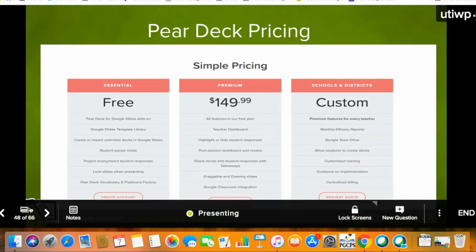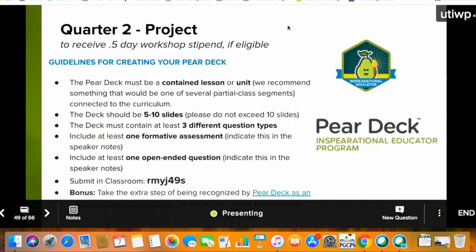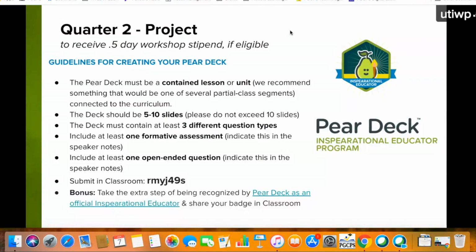One of the last things we want to talk about is that, as part of attending today, there is an option where you can get paid for the workshop, but it involves a little bit of extra work. We attended our webinar for an hour, but in order to get that half-day workshop, we will ask you to create a Pear Deck lesson, using whatever content you usually teach. Take a presentation, even one you already have, and add at least 3 different interactive question types from Pear Deck. You're going to have at least one formative assessment, one open-ended question,